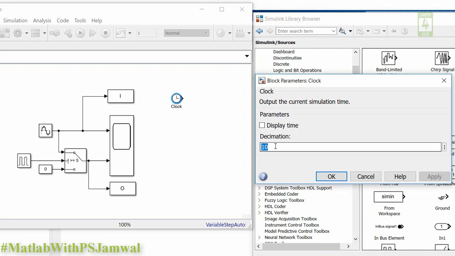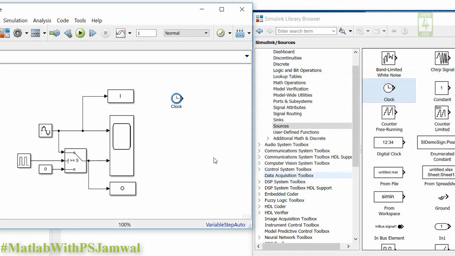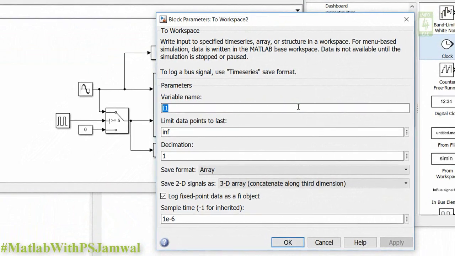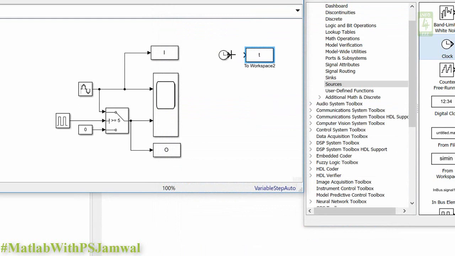As in To Workspace we selected decimation 1, here also you can select decimation 1. Apply this setting and close it. Now copy one more To Workspace block for the clock and change its name accordingly. Now this variable is t, so I am assigning it, and now close it and connect this To Workspace block to the clock.